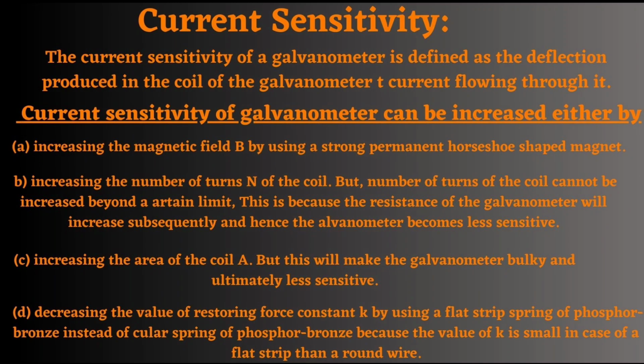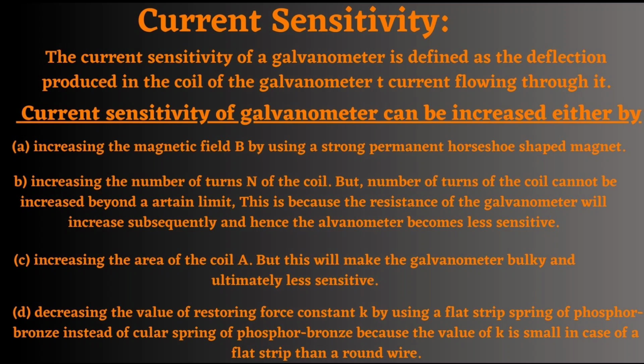Current sensitivity of a galvanometer is defined as the deflection produced in the coil of a galvanometer per unit current flowing through it. It can be increased by increasing the magnetic field by using a strong permanent horseshoe shaped magnet. It also increases by increasing the number of turns of the coil. It also increases by increasing the area of the coil, but it increases with the decrease in the value of the